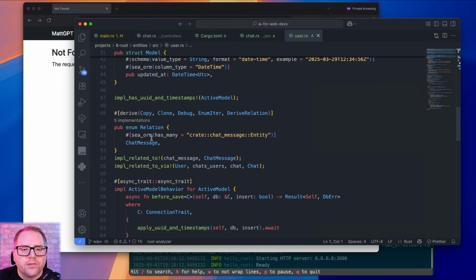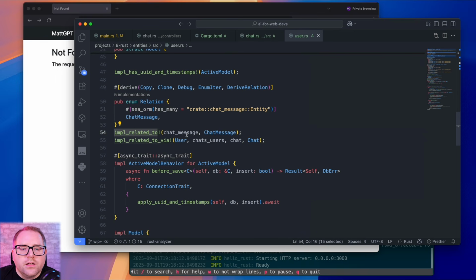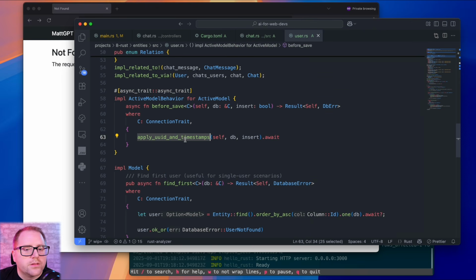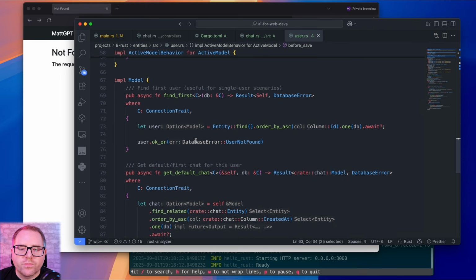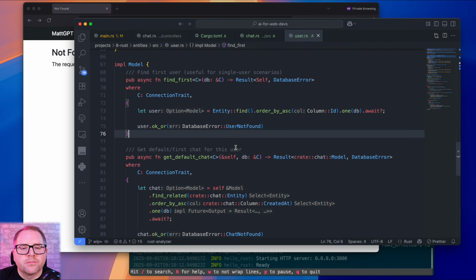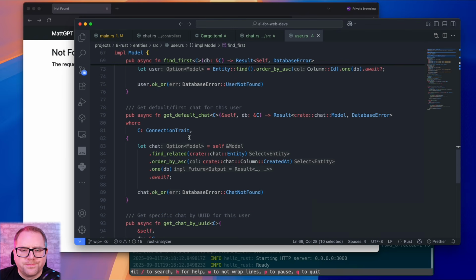We have chat messages, has many chat messages, and then chat users, a helper macro, and UUID timestamps. We've got some helpers here. So find first: in our case, you typically wouldn't do this, but just for demo purposes, find the very first user, because in our seeded data there's only going to be one. So just a handy little helper.